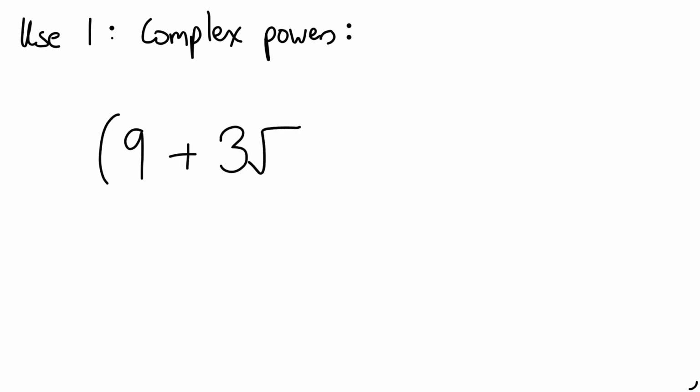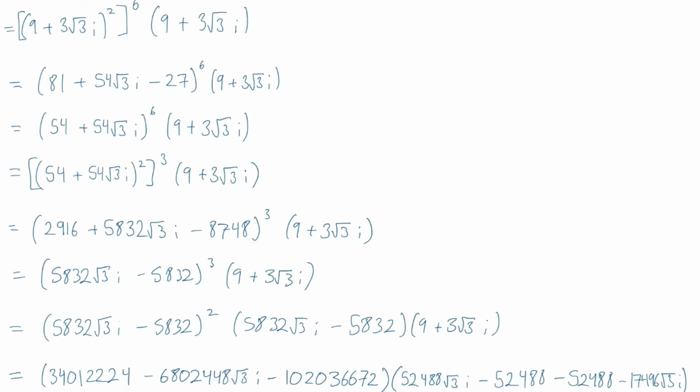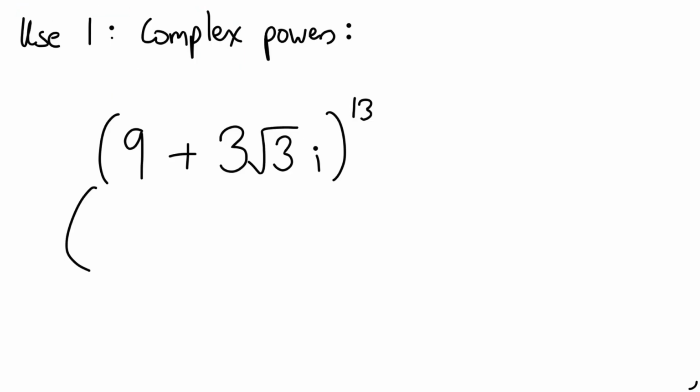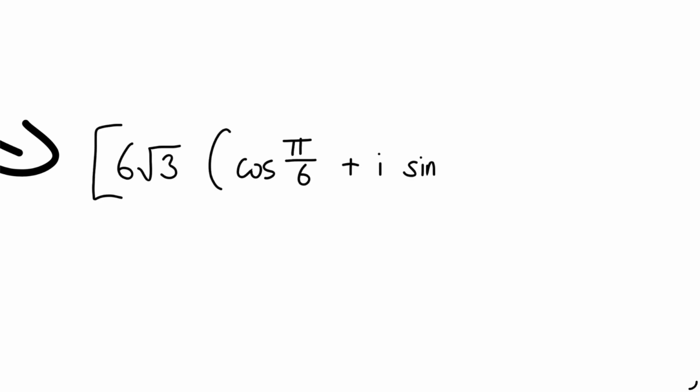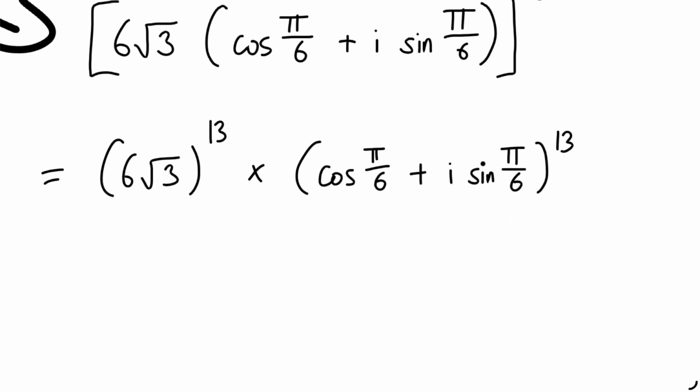Well, the first immediate use of it is in calculating powers of complex numbers. Imagine you were tasked with calculating 9 plus 3 root 3 i, to the power of 13. Now if you were foolish enough to attempt to do this with a binomial expansion, it would take you a little bit, just a little bit of time to work it out. But if we convert this into modulus argument form, so we write it in terms of its distance from the origin and the angle it makes with the real axis, we instead get 6 root 3 times cosine pi over 6 plus i sine pi over 6, all to the power of 13, which we can split up into the modulus and the argument bit to get this, and then applying de Moivre's theorem and dealing with the number at the front, we get